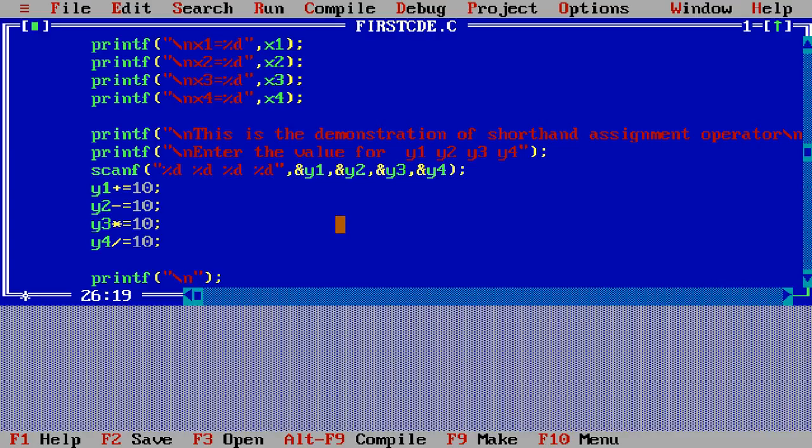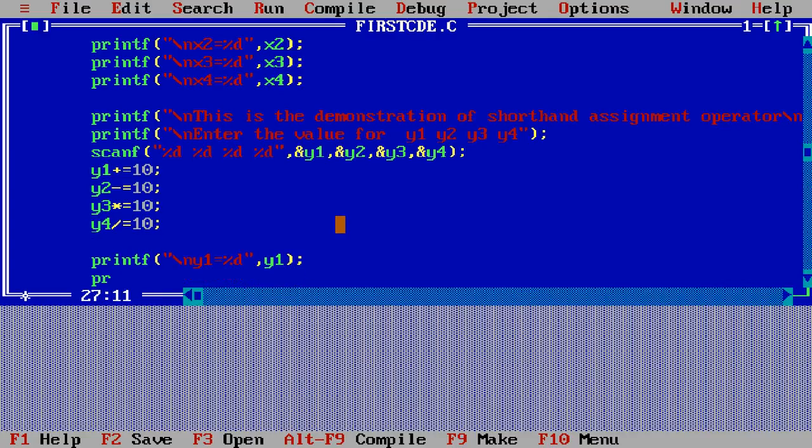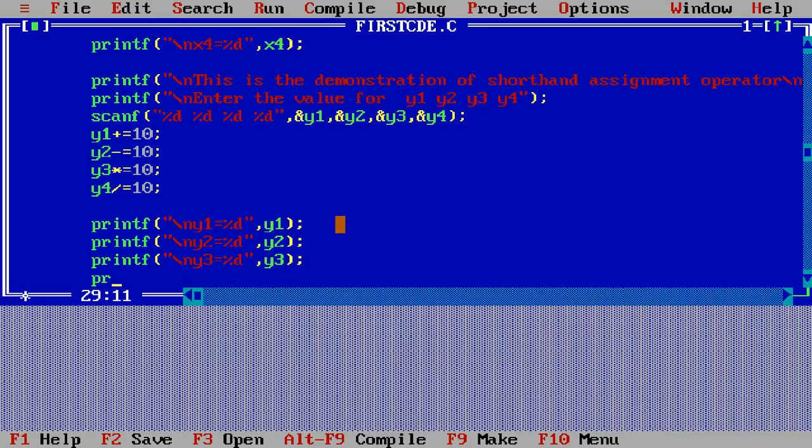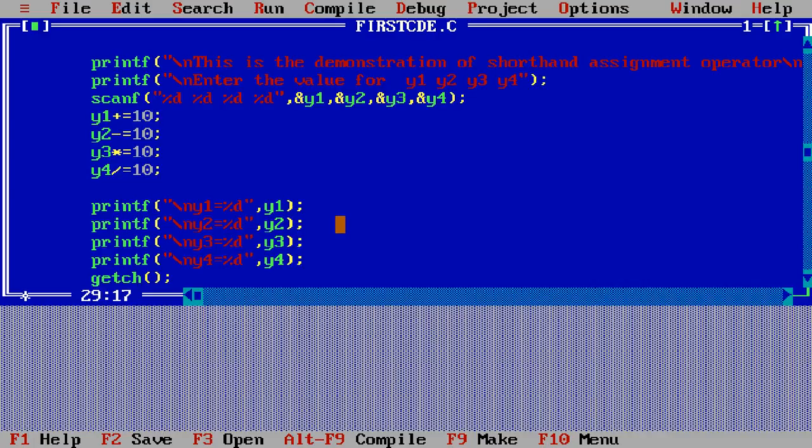\n y1 equal %d, comma, y1, and then printf \n y2 equal %d, comma, y2, then printf \n y3 equal %d, comma, y3, and then printf \n y4 equal %d, comma, y4, and then getch. Okay,